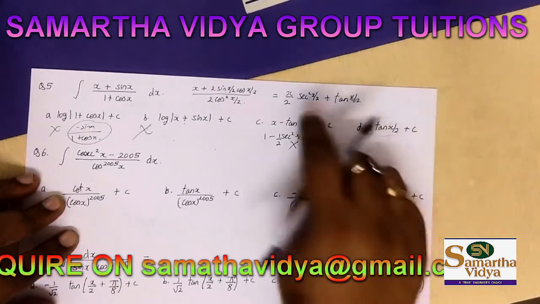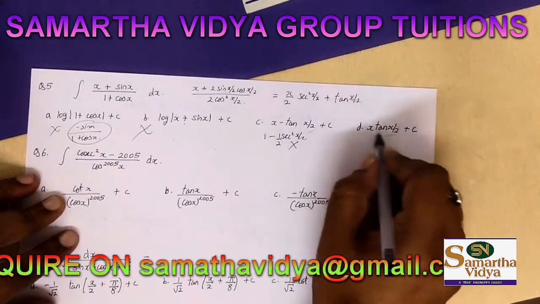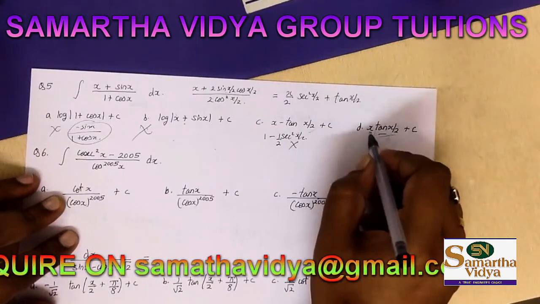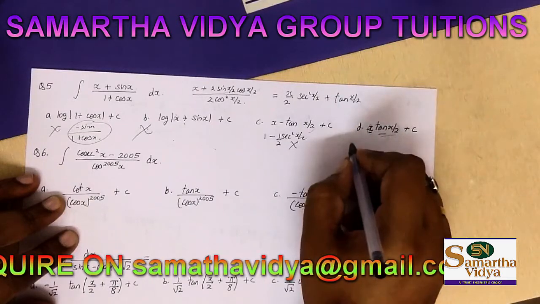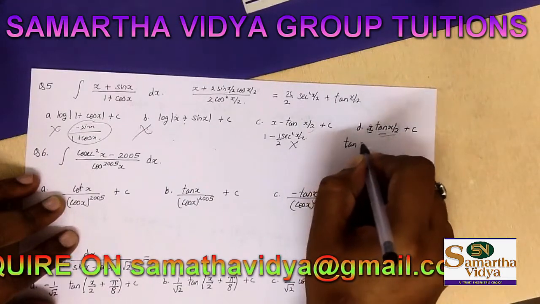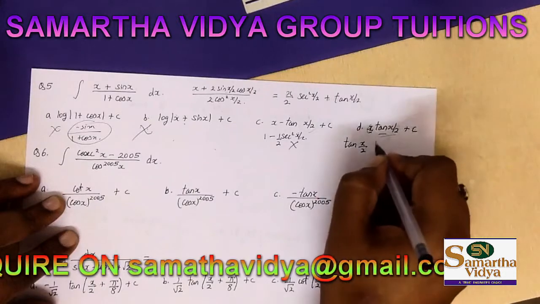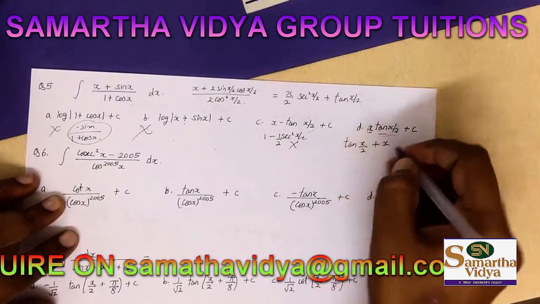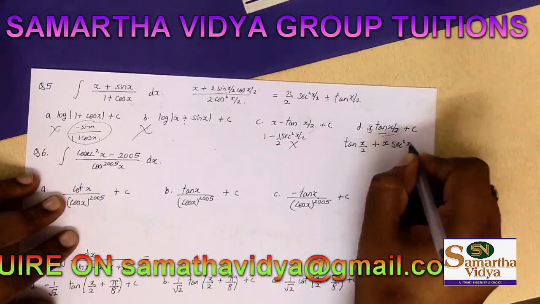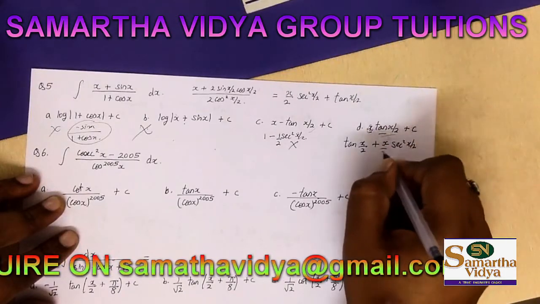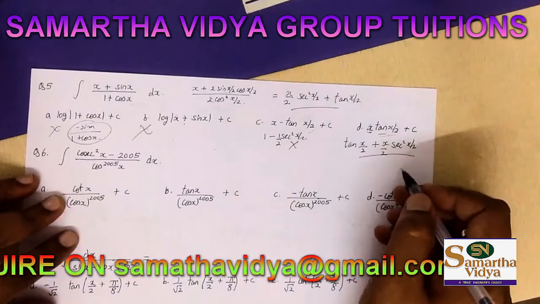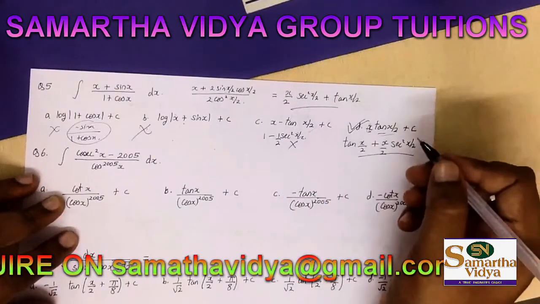To check whether we are getting the answer or not, we can see that there is a UV rule present. When finding the UV rule, first we take the derivative of x, which is 1. So we have tan x by 2, plus x as it is, and tan's derivative is sec square x by 2, and x by 2's derivative is half. You can see this and this are the same, so that means D is the right option.